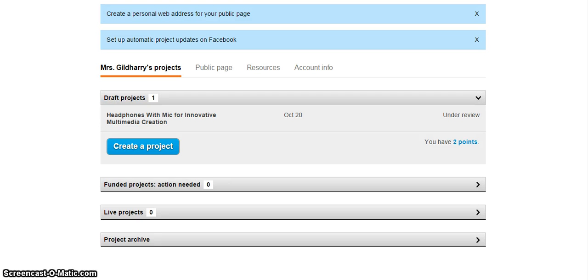Once you have set up your account and completed your registration, it's now time to create your first project. So you'll log into your account and it'll bring you to your project page. I've already got one created here, but you'll just have a blank box that says create a project. So if you go ahead and click on that,